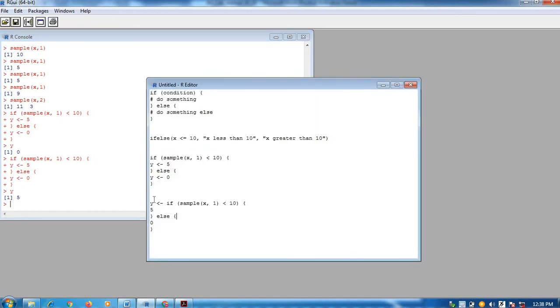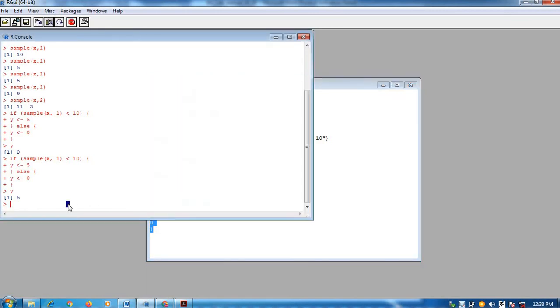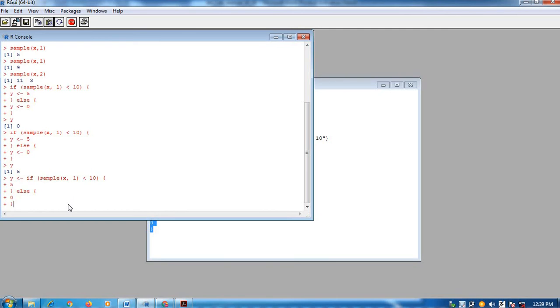Next is the similar kind of version without assignment. How can you do it? See the things. I am again copying and now pasting. See what happened. If sample x comma 1 is less than 10, now the curly brackets are as usual here. Now where is the change?